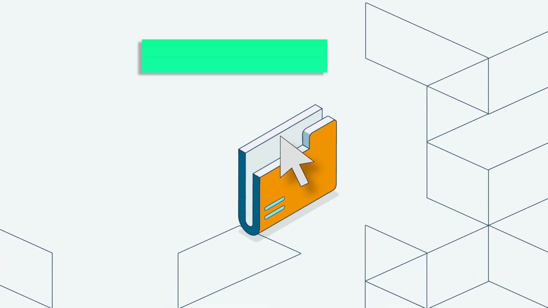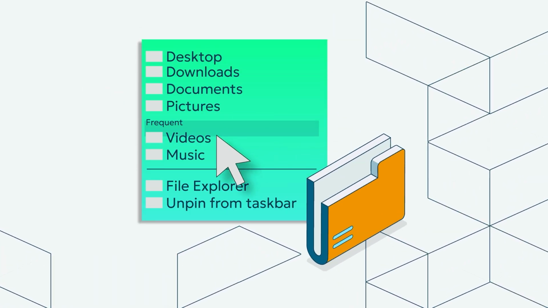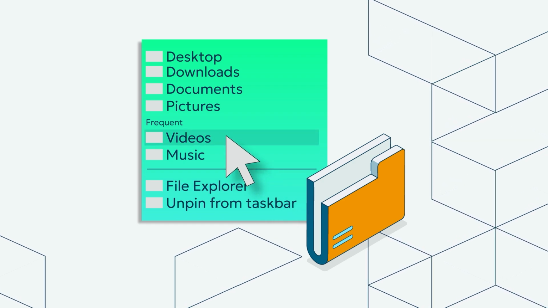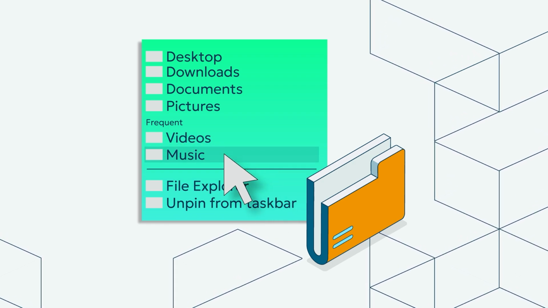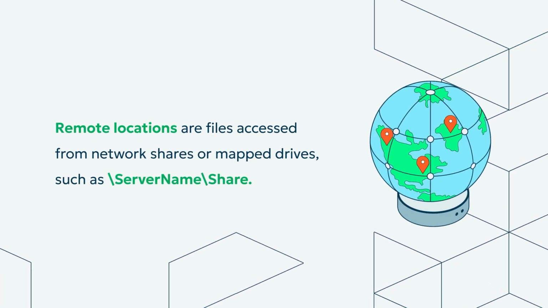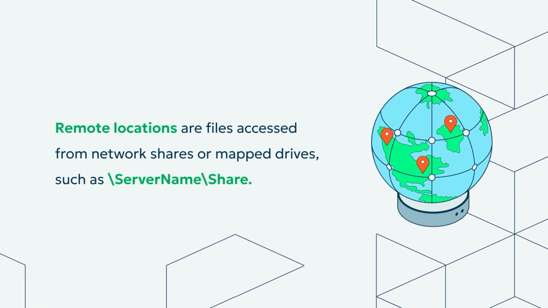Understanding jump lists and remote locations. Jump lists are the context menus that pop up when you right-click a program on the taskbar or Start menu. They show recently or frequently accessed files associated with that program. Remote locations are files accessed from network shares or mapped drives, such as